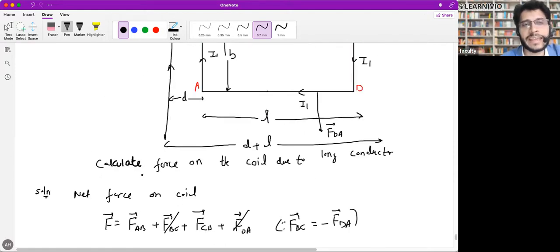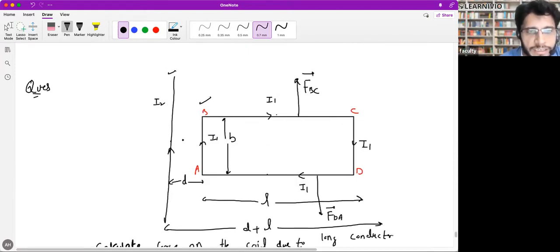Yes, sir. Now, this conductor and this AB, will they attract each other or repel each other? They will attract, because they both are in the same direction. Very good. So can you guess the direction of force on AB? It would be to the right or to the left? It will be to the left. If they are attracting each other, then they move towards each other. Is it clear, everyone? Mariam, Amalia?